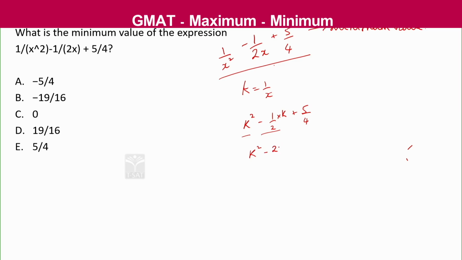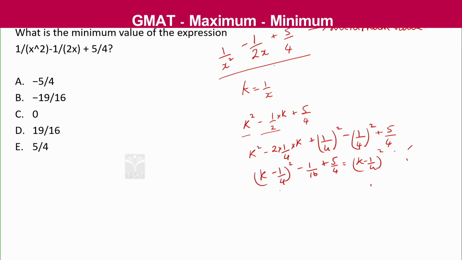So you can write this as k plus 2 into 1 by 4 into k plus 1 by 4 whole square minus 1 by 4 whole square. We are adding and subtracting the same number, that's why the equation value will remain the same. So this is k minus 1 by 4 whole square minus 1 by 16 plus 5 by 4, which is equal to k minus 1 by 4 whole square. LCM you take as 16, you have minus 1 plus 4 5s will be 20, which is equal to k minus 1 by 4 whole square